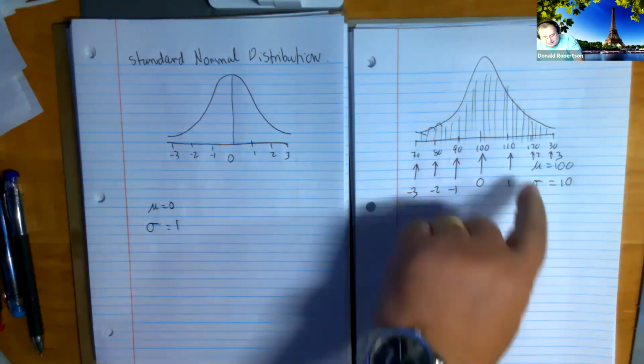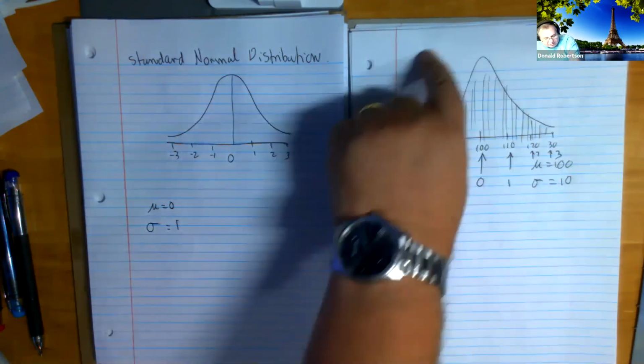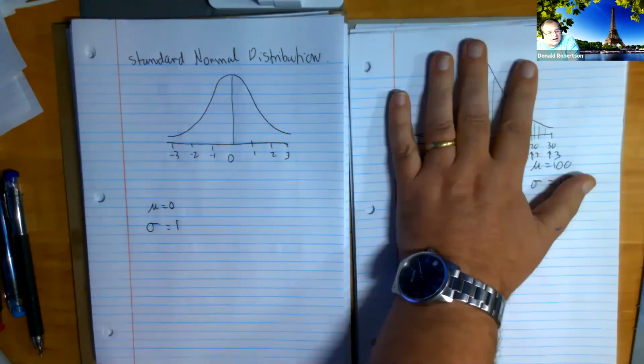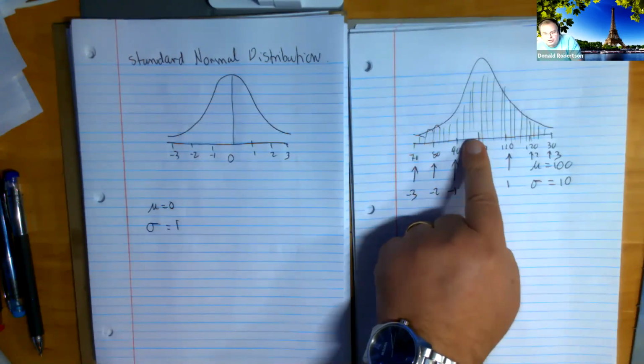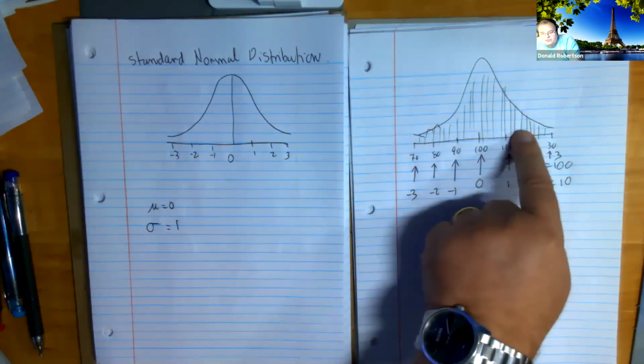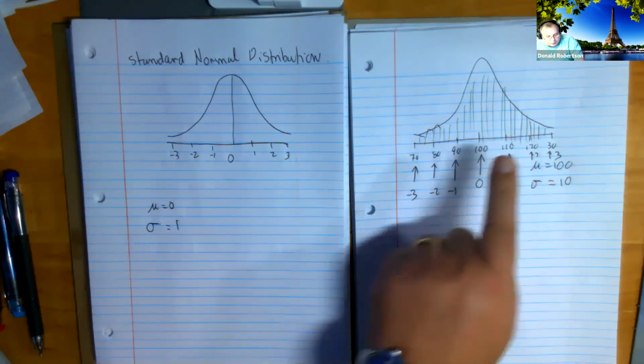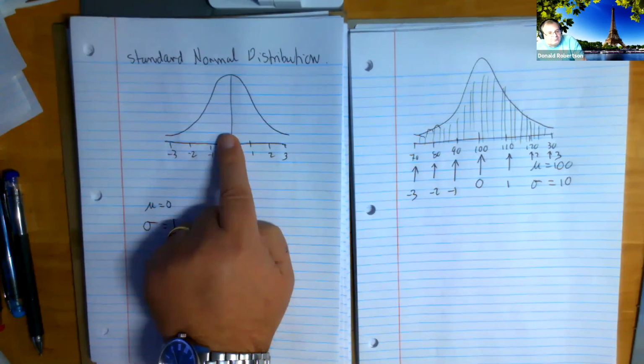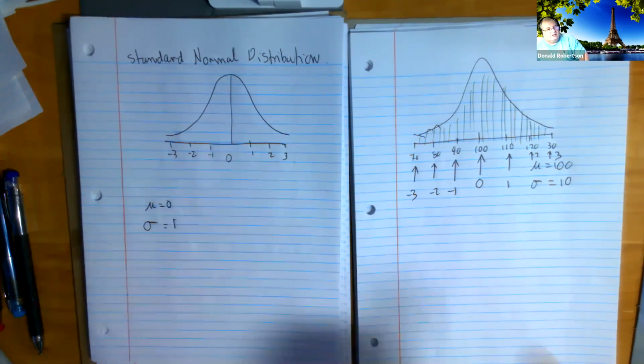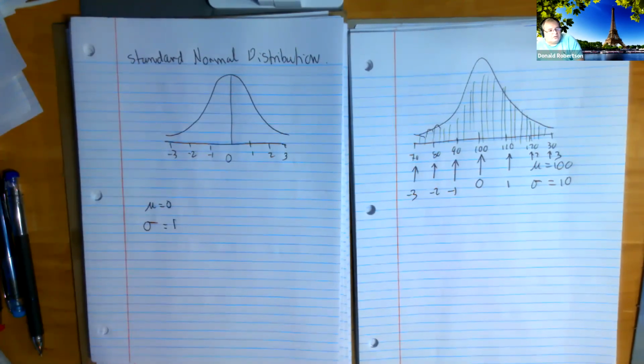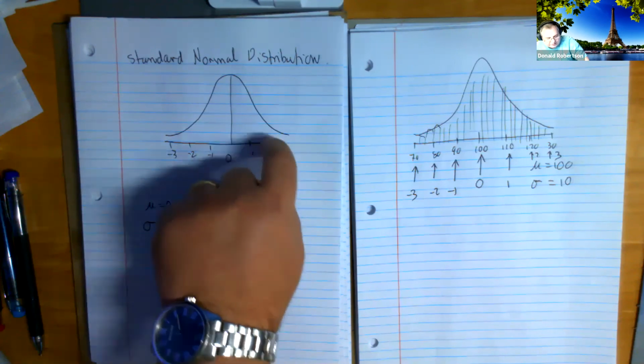if you take a normal data set, right? In this case, it's IQs, but it could be height of people, weight of people, anything you like, but it's got this normal shape. If you take all the data and you convert them into Z-scores and you make a histogram, it looks like this guy. So every single normal distribution in the world, if you turn it into Z-scores, looks like this.